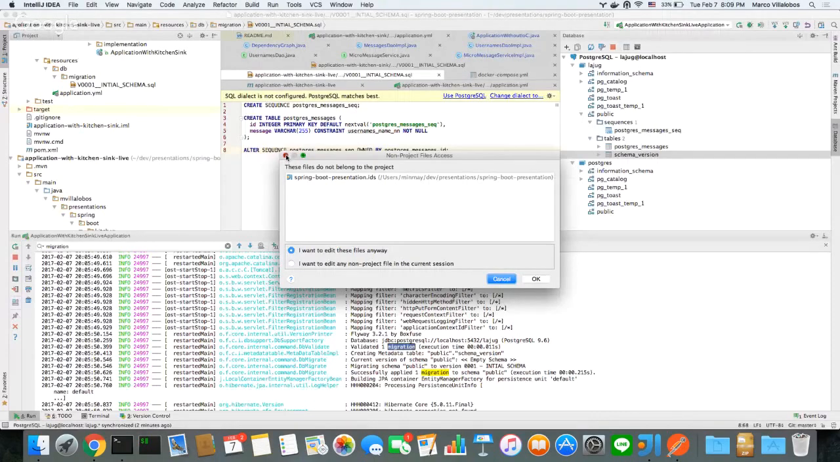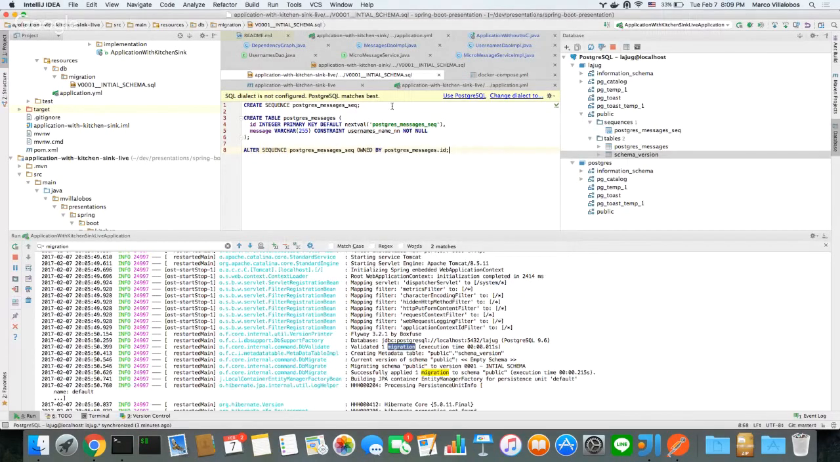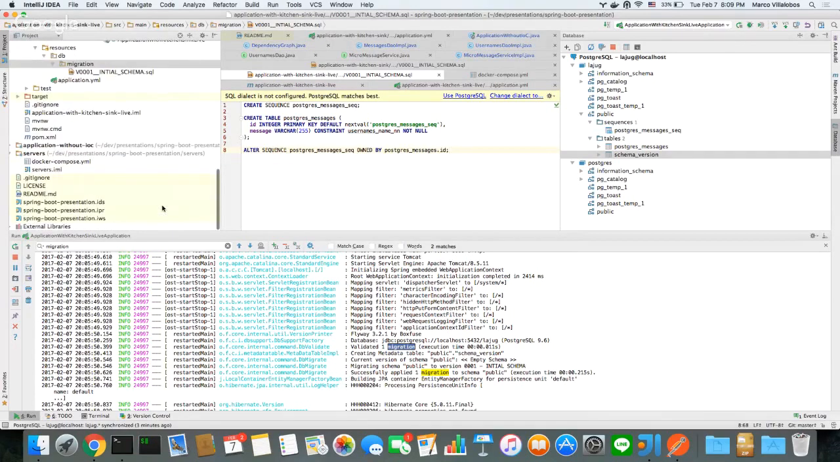I hope this thing goes away because it's bugging me. I don't know what that's coming from. I think it's going to copy over Postgres. Anyways, and